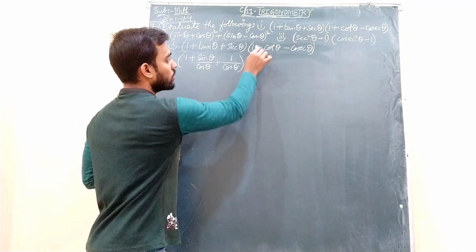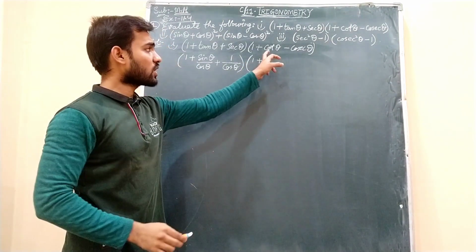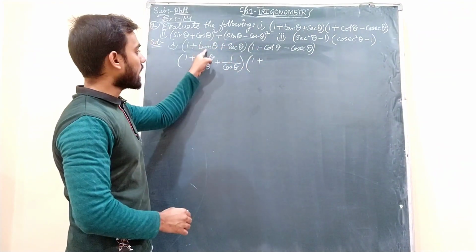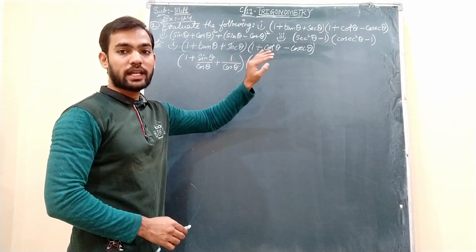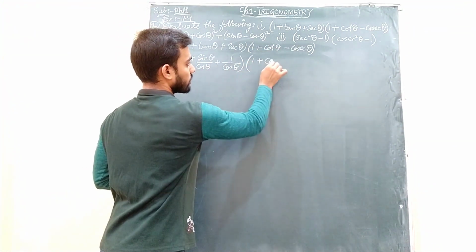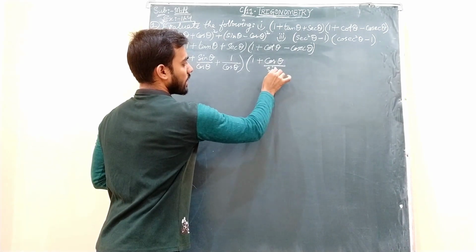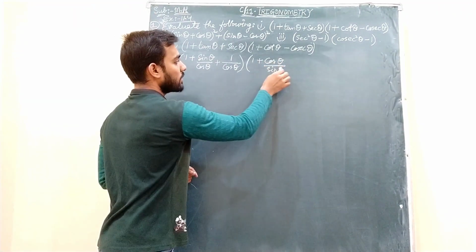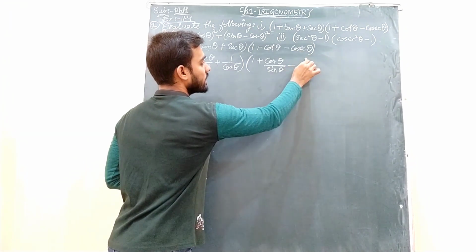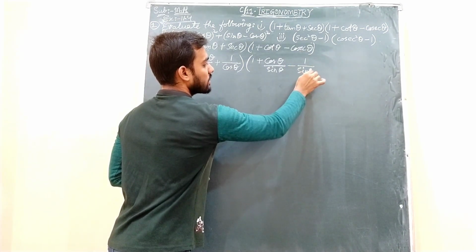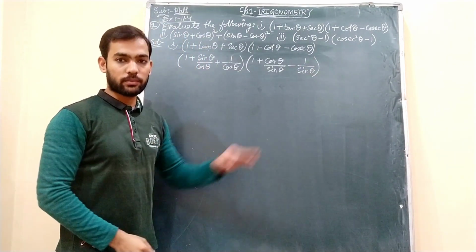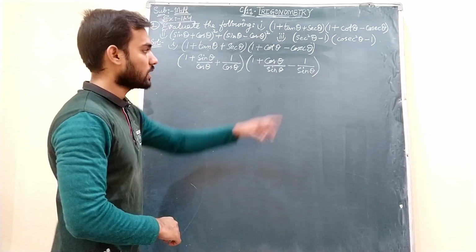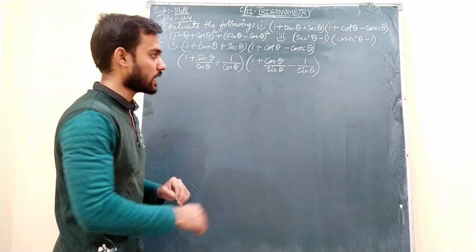Similarly, when we go to this part, 1 plus cot theta, cot theta is actually the reciprocal of tan theta. Cot theta is 1 by tan theta. So when I write tan theta as sin by cos, cot theta can be written as cos theta by sin theta, because tan theta and cot theta are reciprocals of each other. So cos theta by sin theta minus cosecant theta, which is 1 by sin theta. In the third set of formulae we have seen the multiplicative inverses of trigonometric ratios, where cosecant theta is 1 by sin theta, the reciprocal.